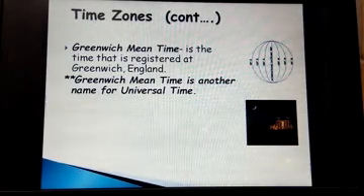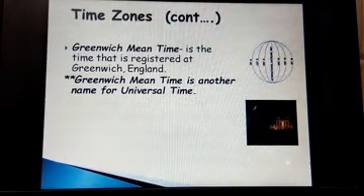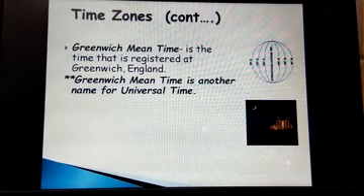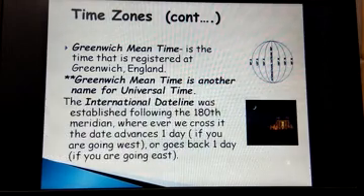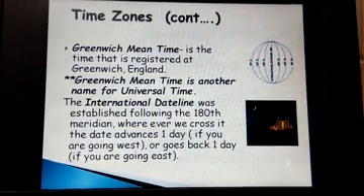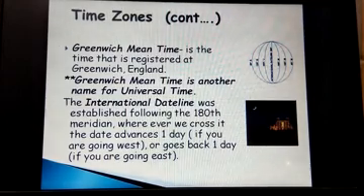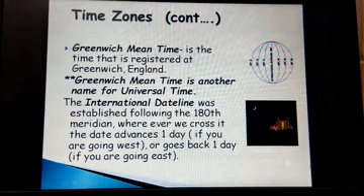What is the location of the Greenwich Prime Meridian? It is 0 degree. So what is Greenwich Mean Time? It is 0 degree. So what is universal time? It is 0 degree. 0 degree means 12 o'clock noon. All right. The international date line is at 180 degrees. If you are going west across the international date line, you add 1 day. If you are going east across the date line, you are 1 day less. Suppose you are here in Africa and your date is 25 June. When you cross this line, you will find it is 26. You are crossing on the same day, but you are getting one extra day.